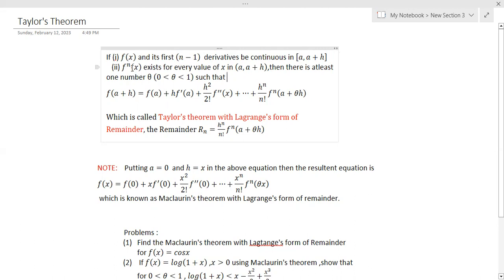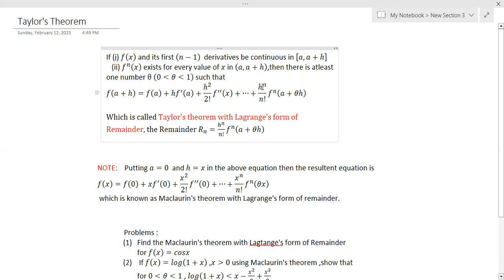Second condition: the nth derivative of f exists, but this result may or may not be continuous. Up to the n minus 1th derivative, the resultant values are continuous. The nth derivative exists for every value of x in the open interval a comma a plus h. Then there exists a number theta, which lies between 0 and 1, such that f of a plus h equals f of a plus h into f dash a plus h square by 2 factorial into f double dash a, and so on,